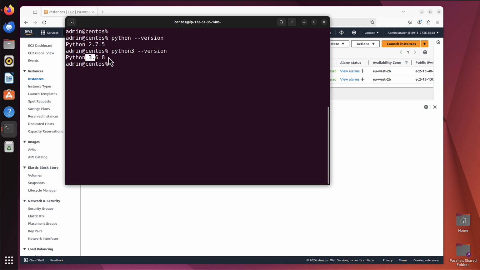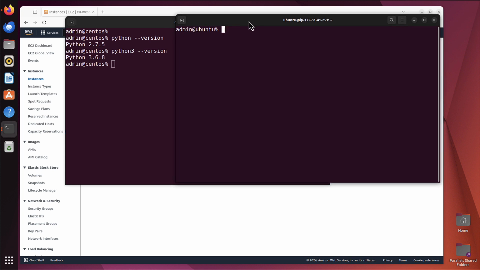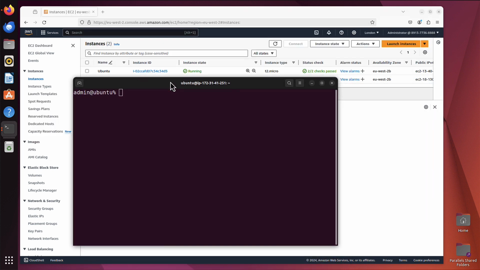And that is very important to understand, because we want to run the command that refers to Python version 3. I hope that makes sense now. On this particular CentOS, I would always have to run python3. But it's not always the case. If we jump to Ubuntu now, that's the other server, that's the Ubuntu. So it's this one, the first one, yeah.